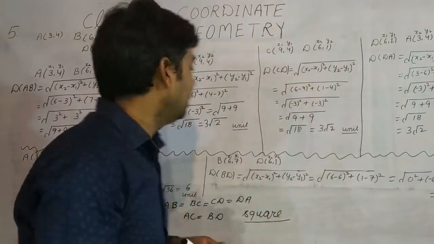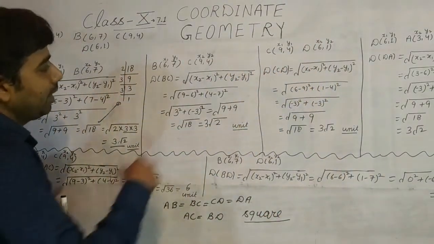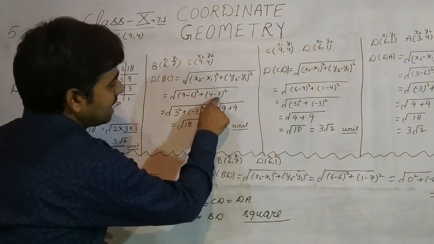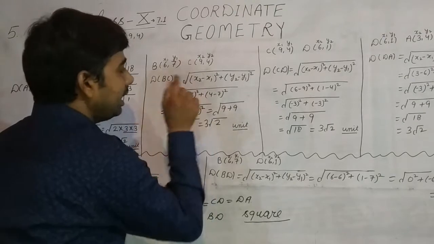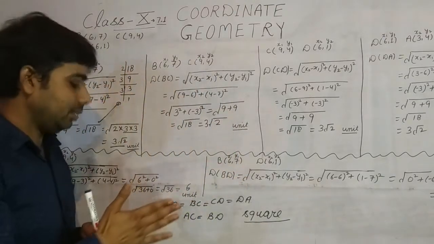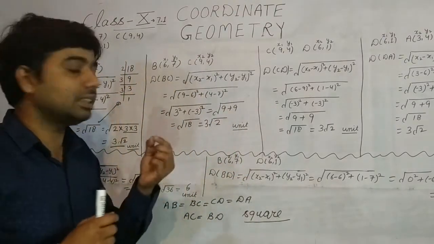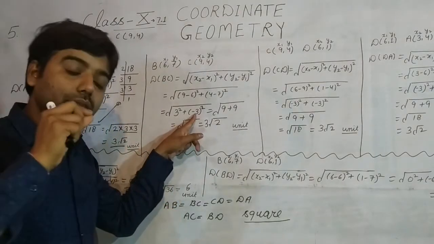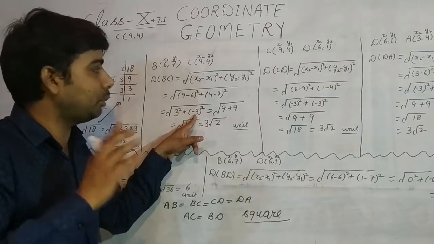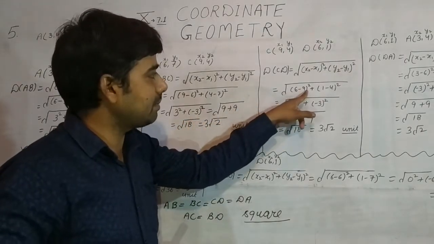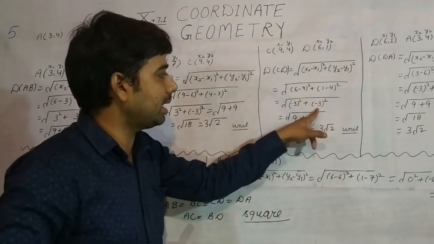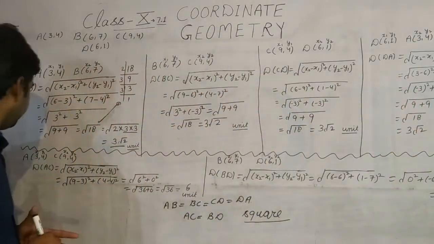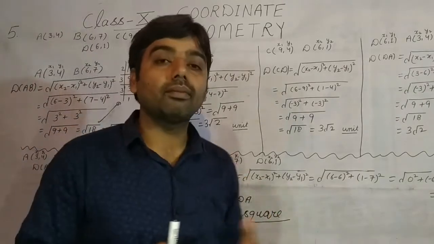Here I just want to make sure something. 4 minus 3. This is 4 minus 7. If I am subtracting 7 from 4, 4 is a small number and 7 is a bigger number. It will come minus 3. And the square of any negative number must be a positive number. In the same way here, 6 minus 9 is minus 3, 1 minus 4 is minus 3. Same here also. And now, going forward.